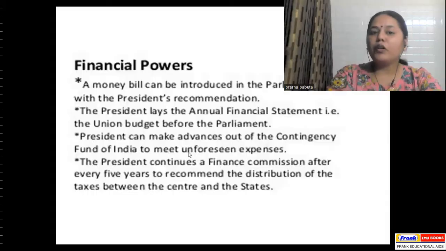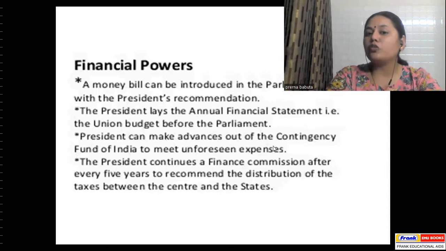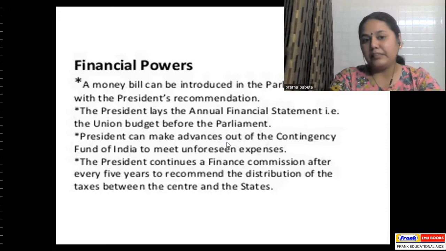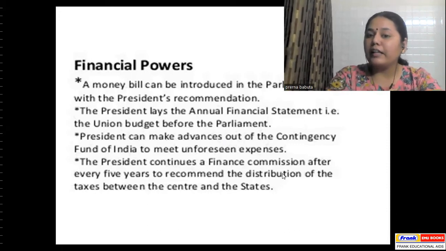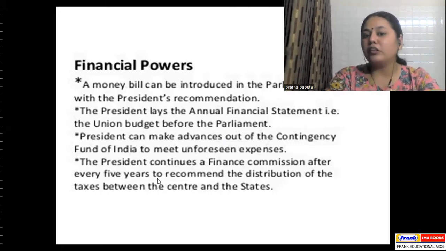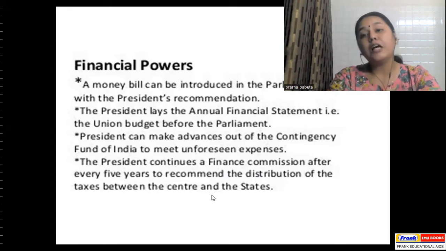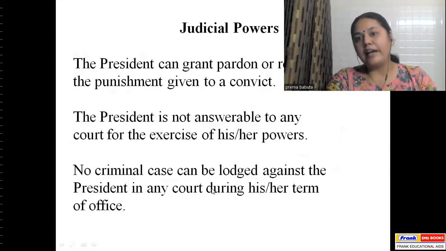Right? So like I told you, the money bill we know can be introduced in Lok Sabha, right? And the president is someone who can make certain recommendations. All right. Moving on, he can make advances out of the contingency fund of India to meet unforeseen expenses. He constitutes a finance commission after every 5 years